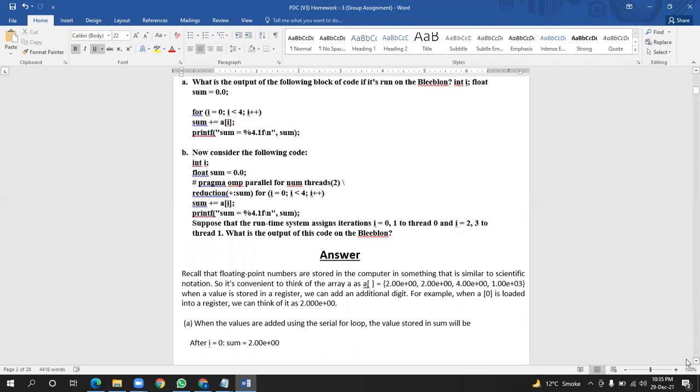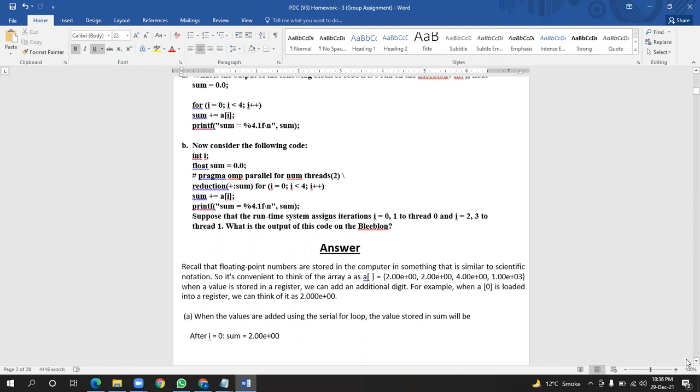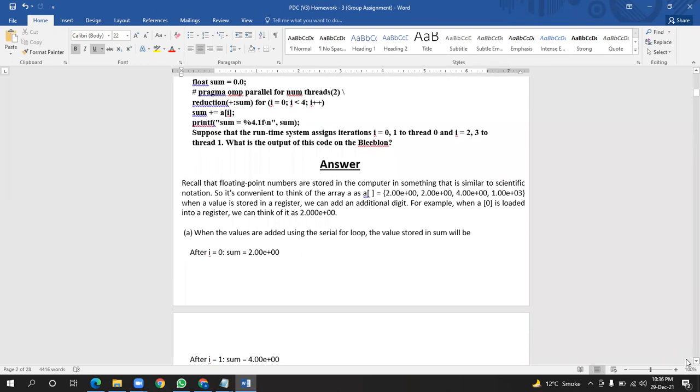So in the first, we have code. When the values are added using the serial loop, the value stored in sum will be that after i is equal to 0 and sum is equal to 2.0e+00, and we store them in a register as an additional digit.